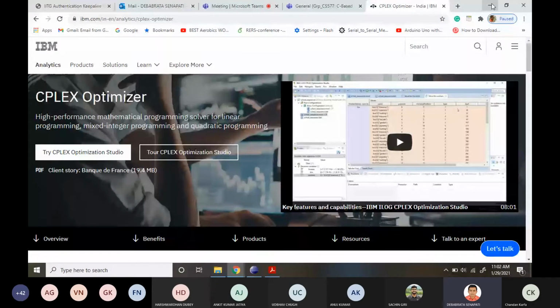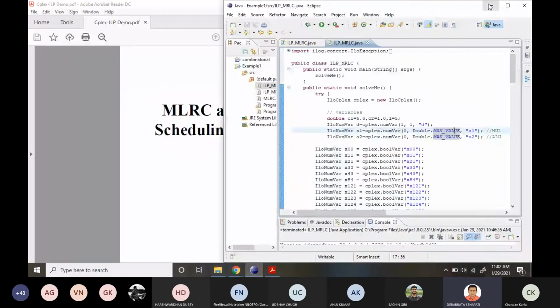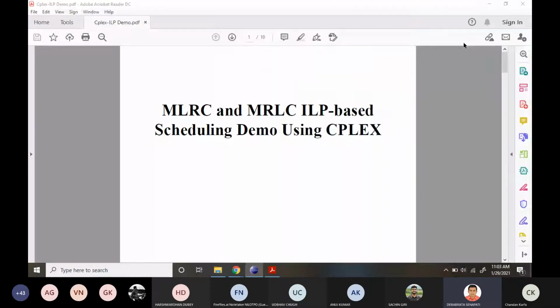It can run on any operating system like Windows, Ubuntu, Linux, or the same program can be done using any language like C, C++, Java, and Python and more. I have done the programming using the Java environment.